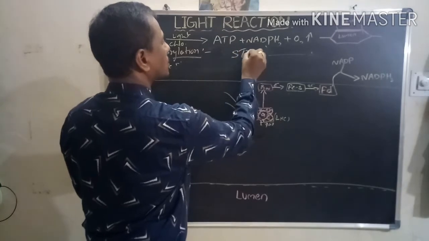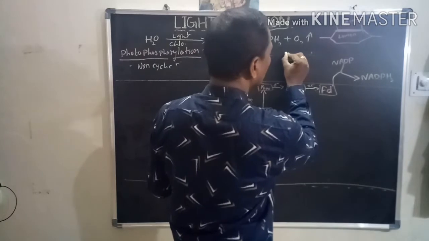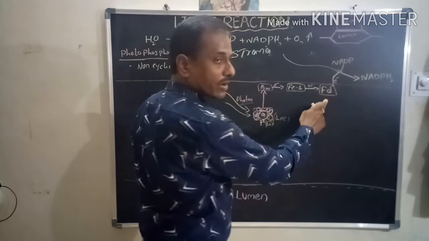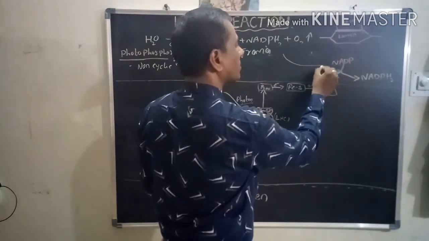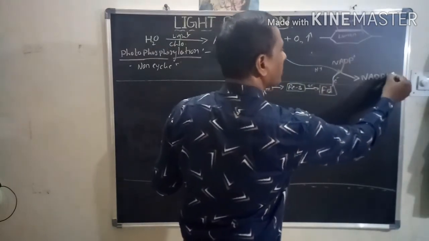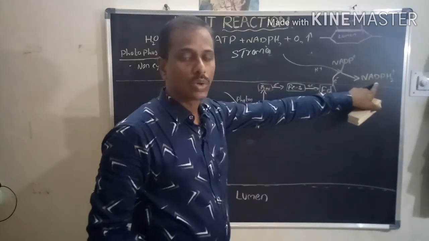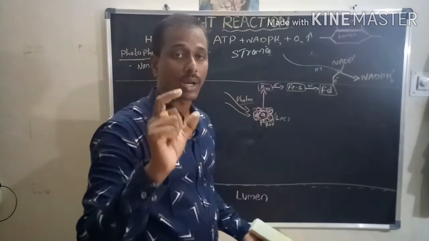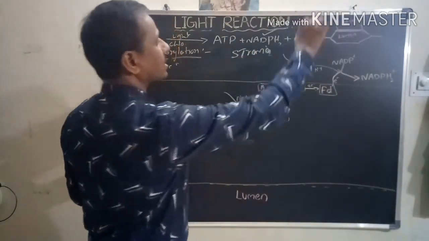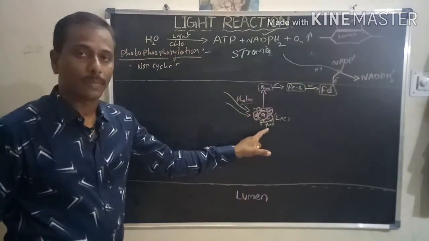This part is the stroma. In the stroma, the hydrogen molecules are supplied here; electrons are transported from ferredoxin, and hydrogens are transported, that means protons are transported from the stroma, and finally NADP plus is reduced into NADPH2. This is one type of energy molecule which is synthesized in the light reaction. NADPH2 is formed from PS1.